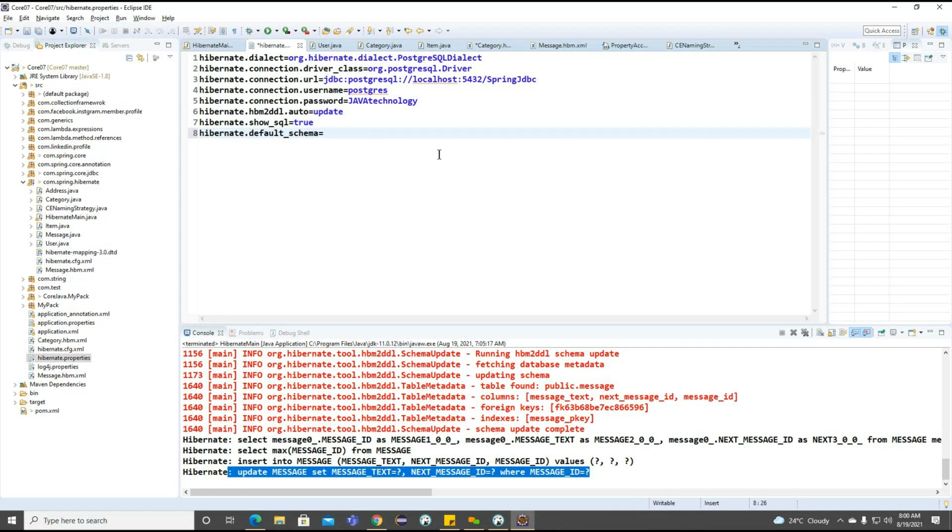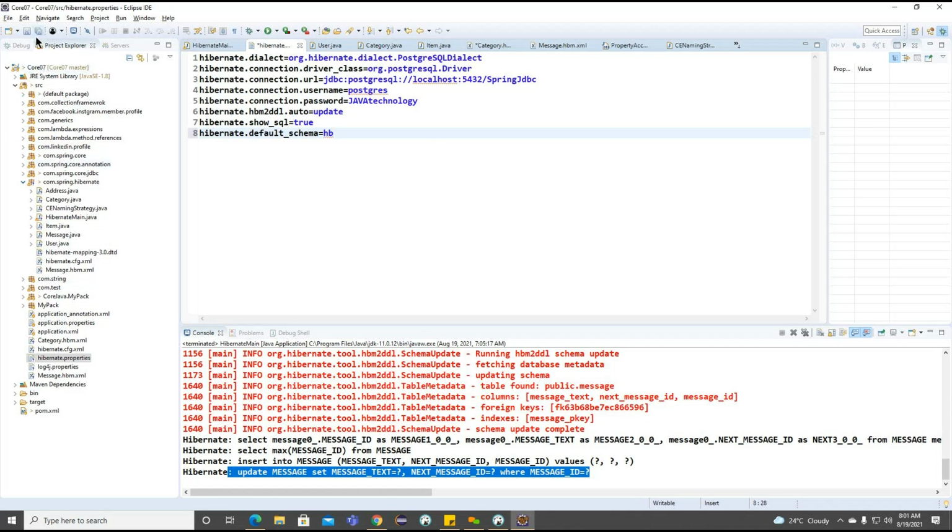Basically, the schema is going to identify the table whenever we have the same table. How can we identify it with the help of this particular schema? We are going to create the same table in different schemas here. And now I want to work on the default schema. So what is the default schema? We can work on HB. So HB is nothing but Hibernate, I am trying to provide.